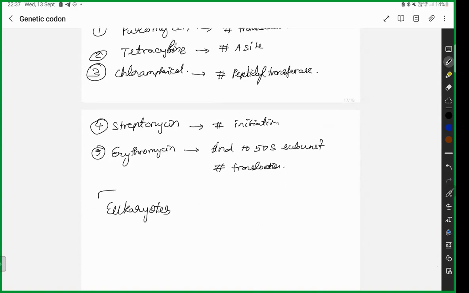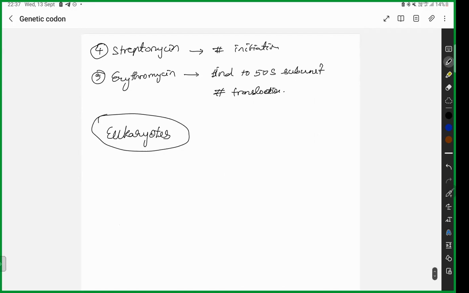Now, eukaryotes, when can you give drugs? When you have these two things. One, bacteria is going to do something to us, or the second thing that can occur is the so-called anti protein synthesis drugs. But mainly what we look at is the work of bacteria. Number 1 is your diphtheria toxin. The diphtheria toxin catalyzes ADP ribosylation of a residue in your EF2.